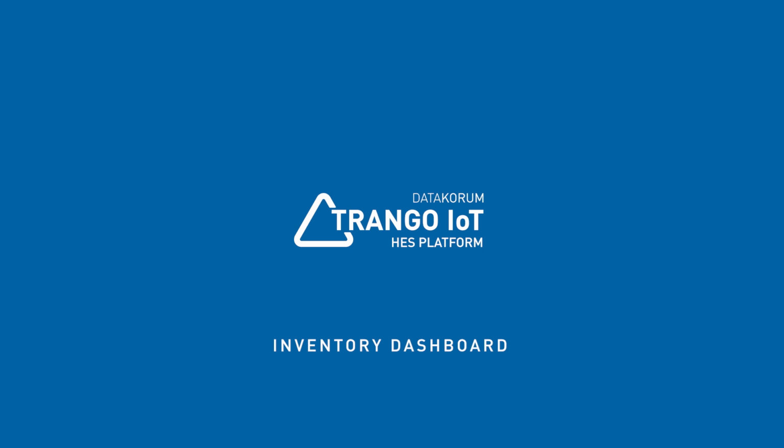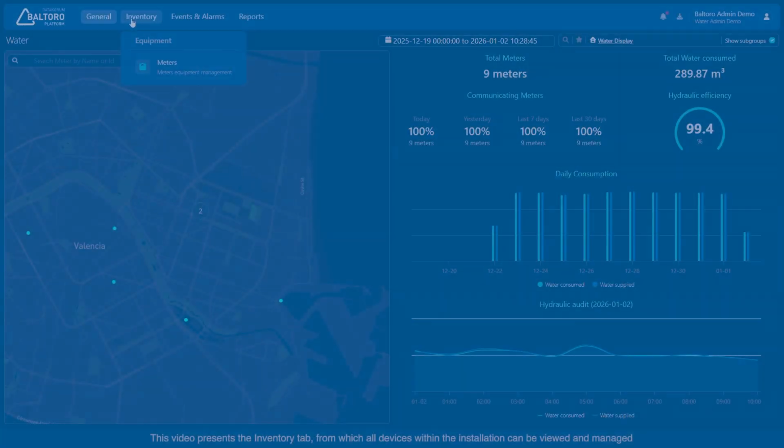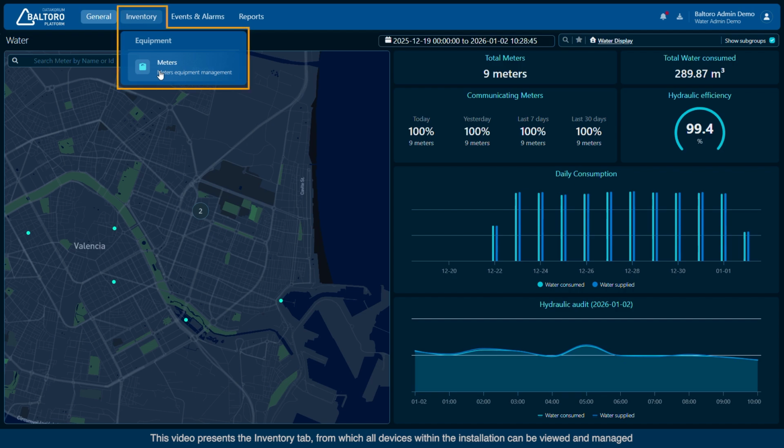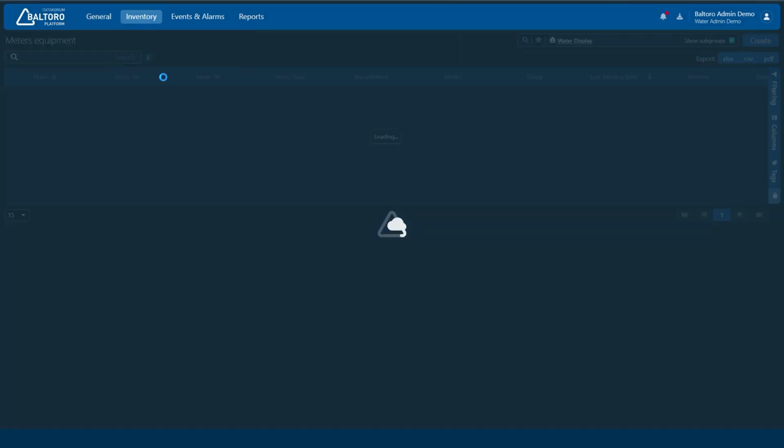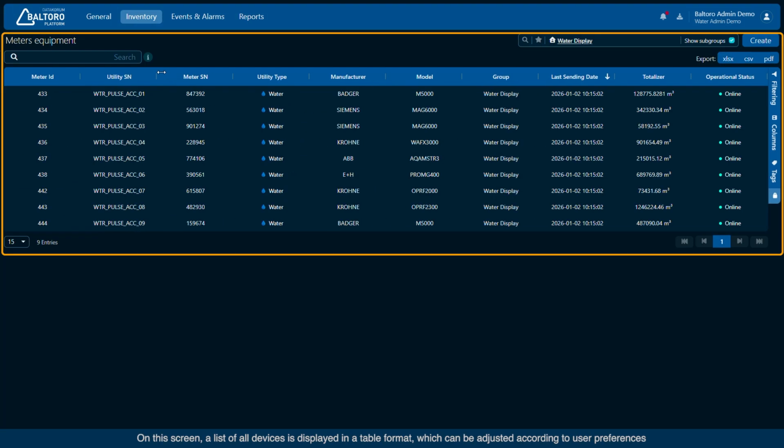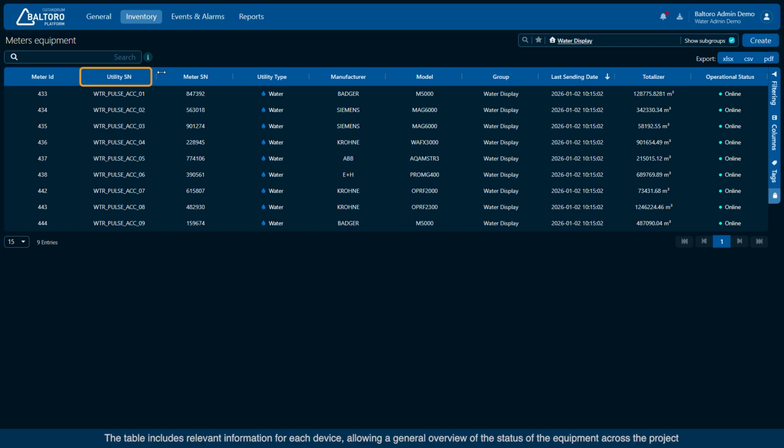This video presents the inventory dashboard, from which all devices within the installation can be viewed and managed. On this screen, a list of all devices is displayed in a table format, which can be adjusted according to user preferences. The table includes relevant information for each device, allowing a general overview of the status of the equipment